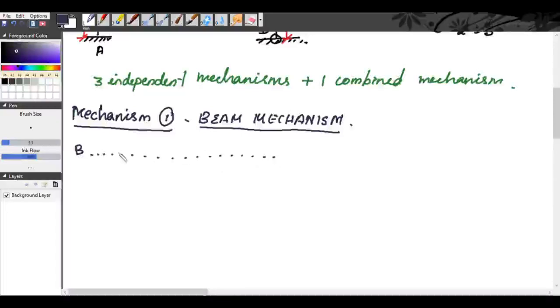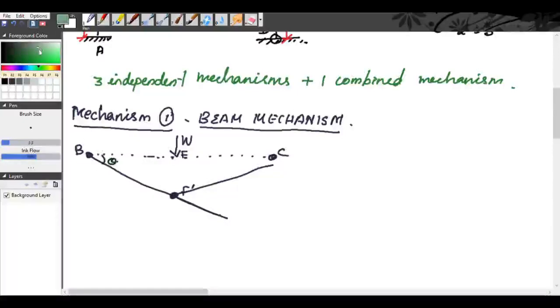So this is our beam BC. At mid, you have a load of W. When it is subjected to load, you will have a hinge at this point. If W is acting at F, so F dash, you can take this as F dash. So this is our mechanism, right? You can extend this. So you can take this angle as theta. So this angle also will be equal to theta. And this distance is L by 2.